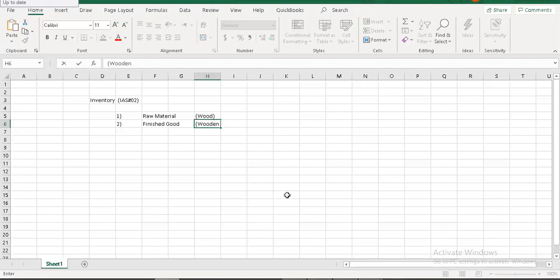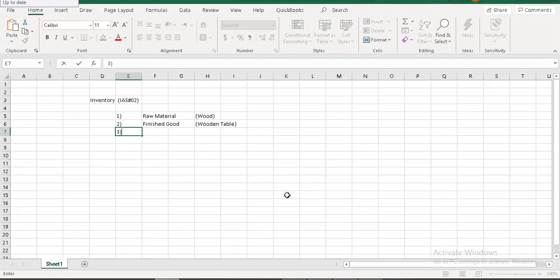Let's suppose a wooden table. The intention of my business is to sell this wooden table to the customers in order to generate income or revenue. At the end of the day, when I'm interested in knowing the output that my factory has generated, I go to my factory and see that some of the raw material is still unused, whereas some of the raw material, that means wood, has been converted into the finished output, that means the wooden table.